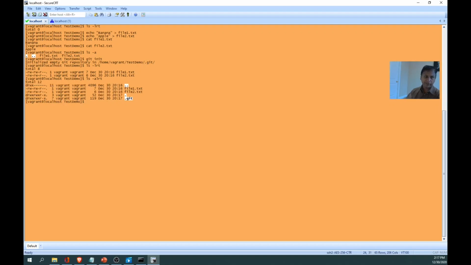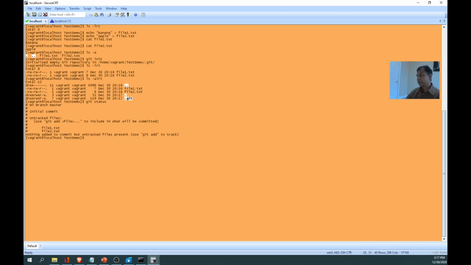The .git folder. The .git folder will have what we showed in that first diagram. It will have the staging area and local repo. Now every time, all we need to see is the status. What is git status? It's an untracked file. It's not yet moved to the local repo. So file1.txt and file2.txt are untracked.